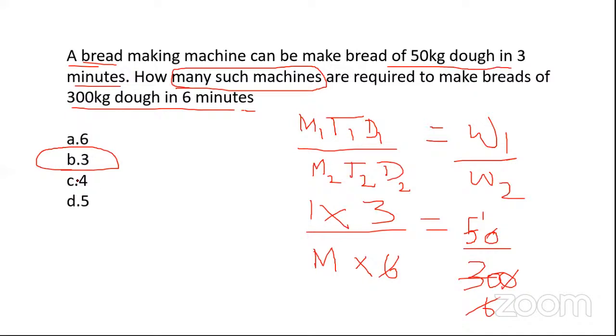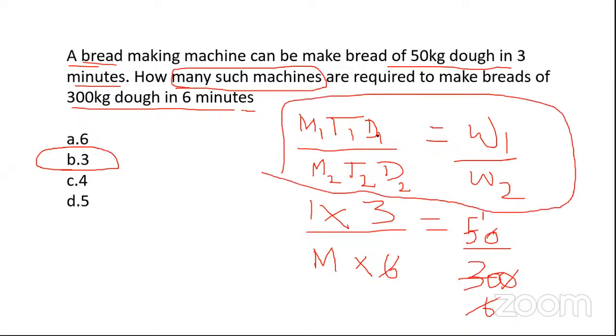That's it. So many students have given your answers as 6, 5, and a few of them 3. Yeah, most of the students said 3. Okay, correct. Only 2 people have given 6 and 5, and others are all 3. So excellent. Remaining students, you can have a glance and make a note of this trick. This is applicable for all time and work questions. Based on the question, you can substitute the requirements. That's it. So other students, you can have a glance.